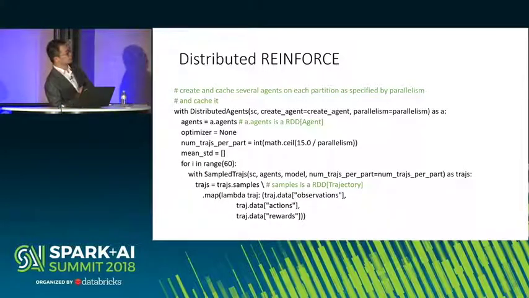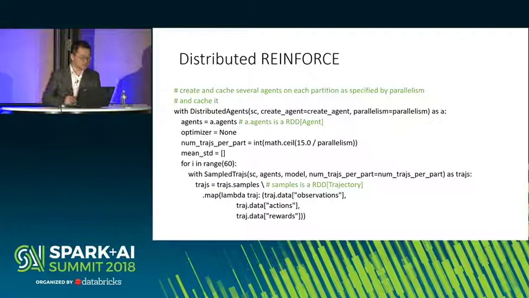So that's why we try to distribute it with Spark. We build some classes that can help users create distributed agents in a few lines. Users can specify how many agents they want to create, and then each of the agents will just play the game by itself in the worker that it's on. So here, distributed agents create will just return an RDD of the agents. And after we have played the game, the RDD will be mapped to the